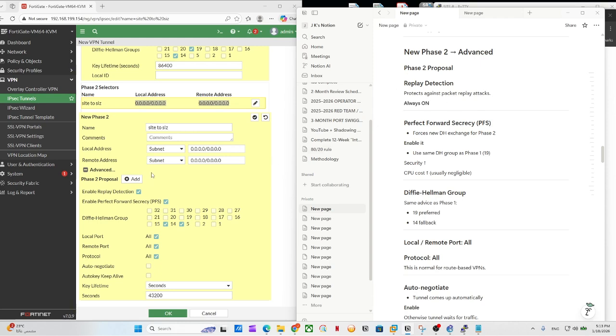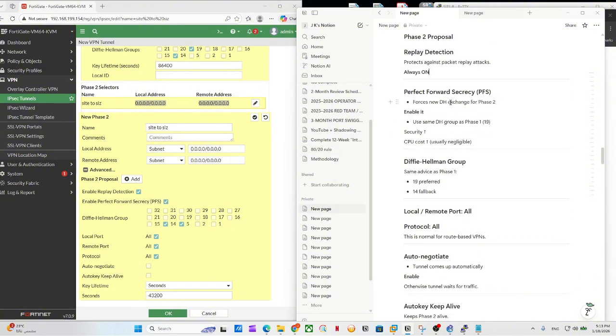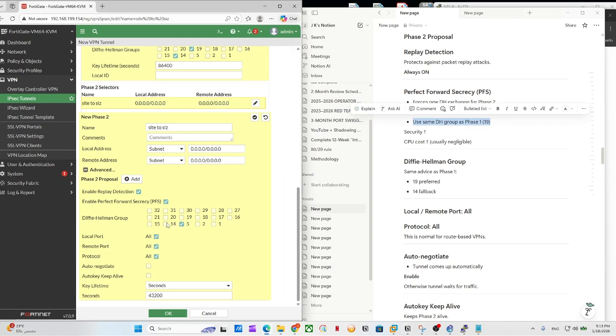Replay detection, we can keep it on, right? Perfect. Forward secrecy, force new Diffie-Hellman exchange for phase 2. Enable it, use same as phase 1. Okay, we used 14 and 19 in phase 1, right? You can enable PFS and match the same. And